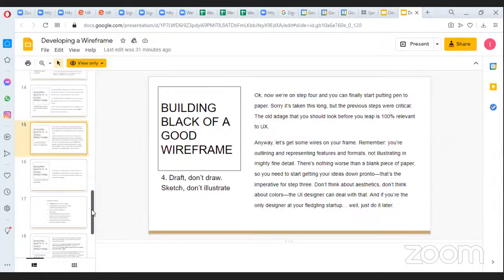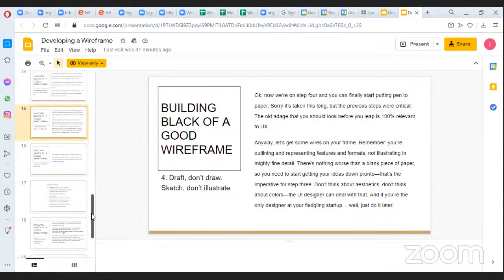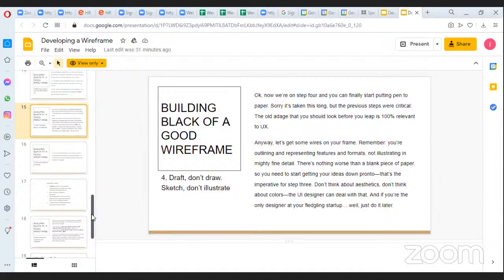Okay, draft and don't draw, sketch and don't illustrate. Now, one of the issues we have about why